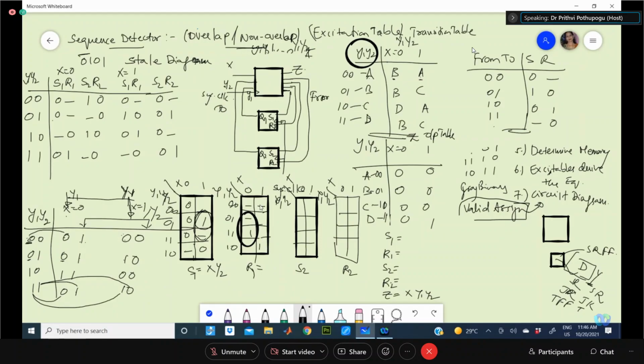Now here, did I take it correct? Don't care, 0, 1, 0. Okay. This is don't care, 0, 1. Okay. So minimization here you can take this. So derive the equation now. This is x dash of y2 or x of y2 dash. Correct? X dash of y2 or x of y2 dash.